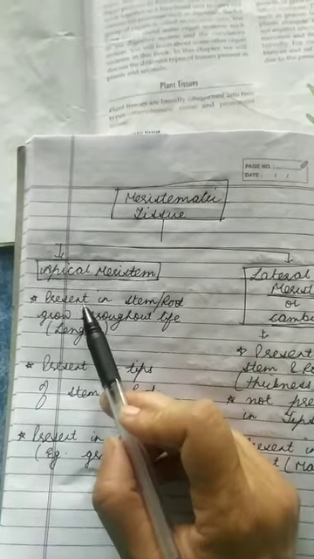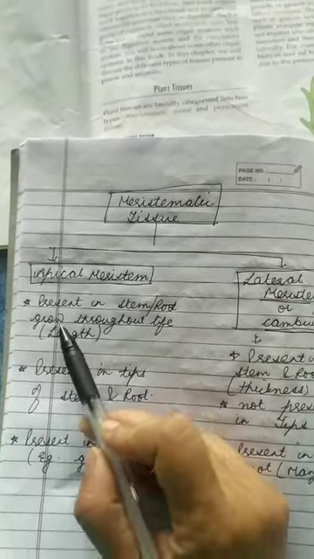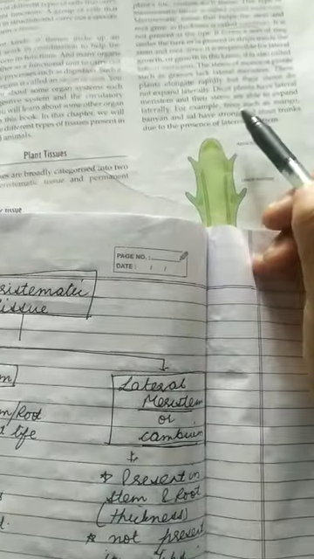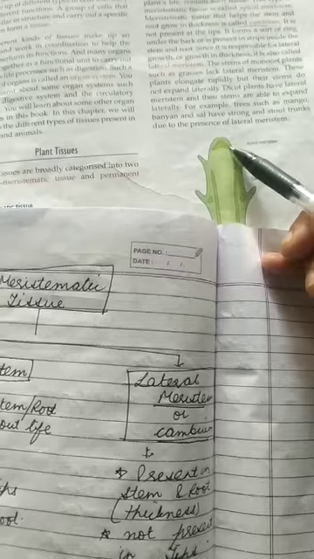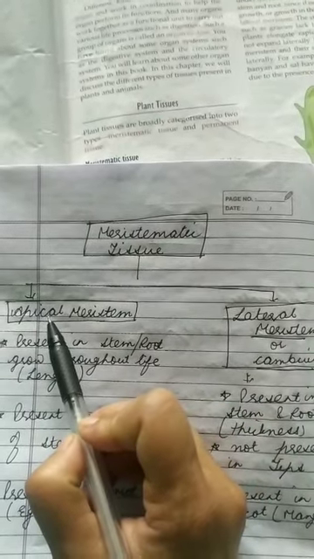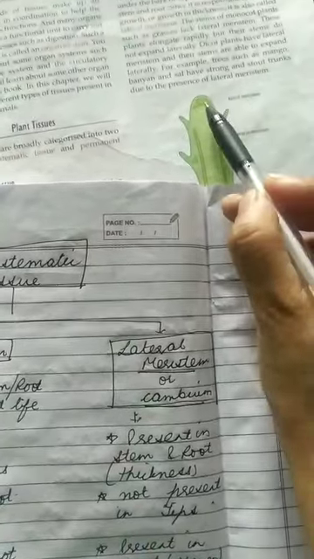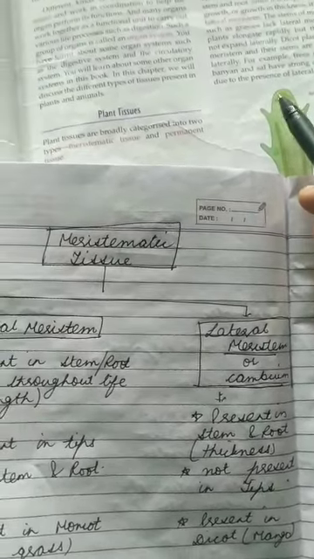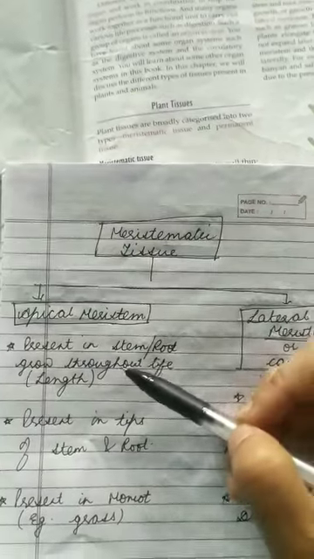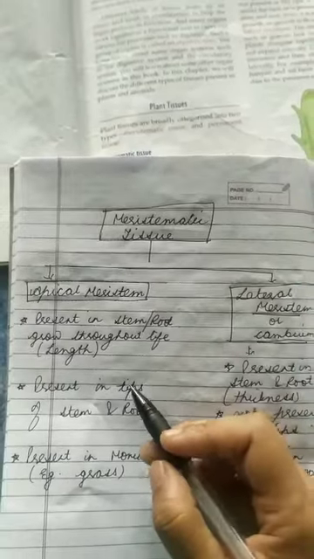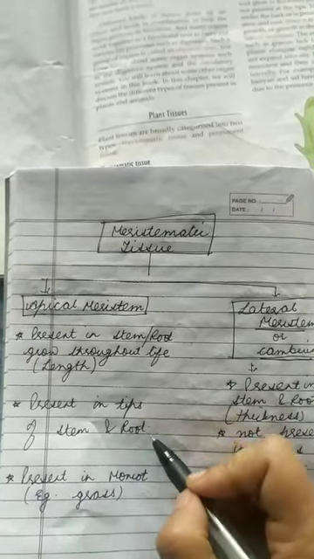Apical meristem is present in the stem and root, and it grows throughout life, meaning it is responsible for the length of the plant. That is why it is present on the tip of the plant. Got it? From the name apical it is clear that it is at the apex, at the top of the plant, present in the root and shoot system, meaning stem and root, so that it is responsible for the growth of the plant. Second, it is present in the tip of the stem and at the roots.